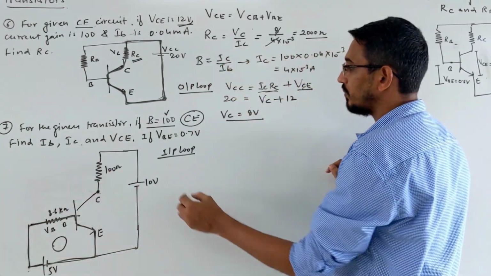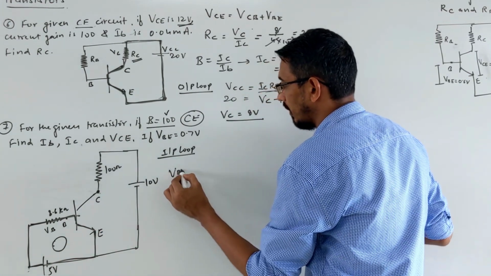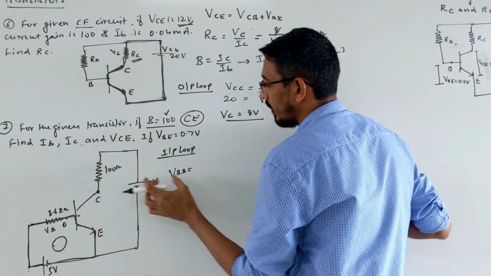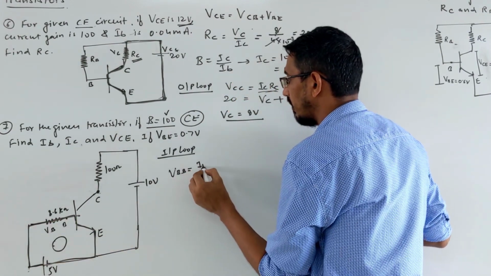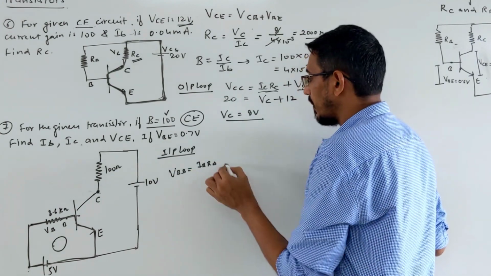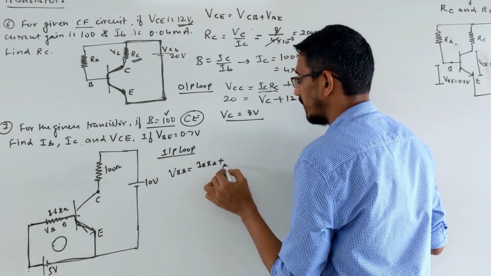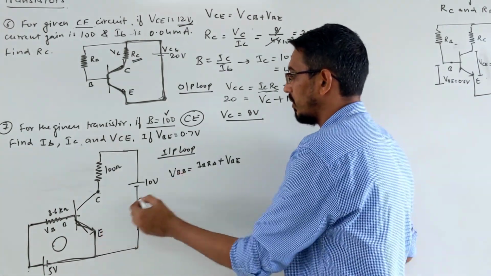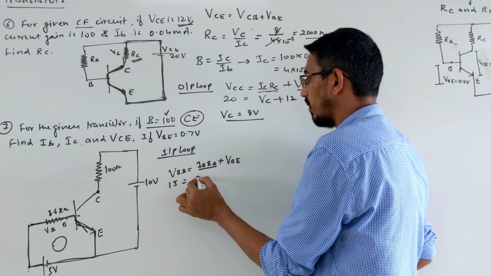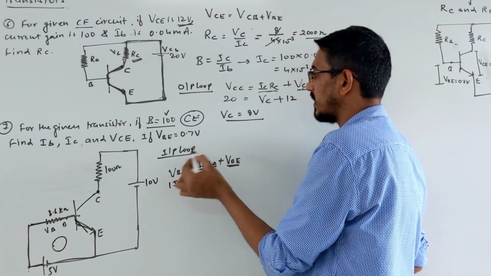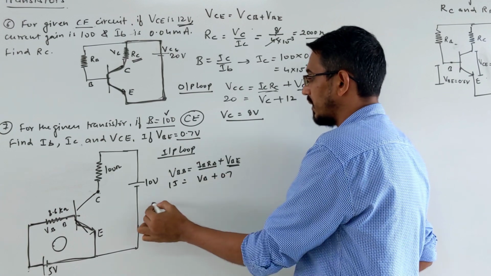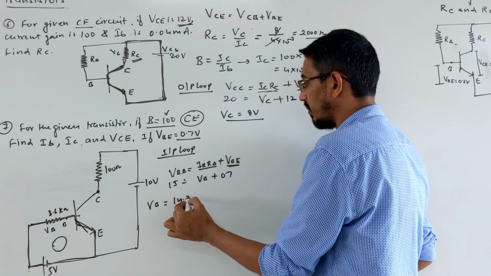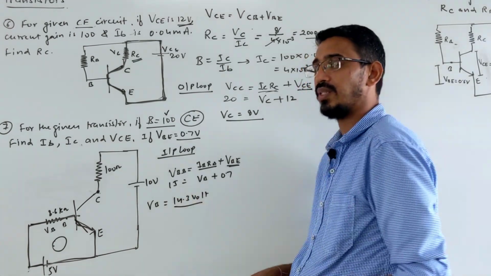In this loop, the battery we call VBB, the input battery. The output battery is called VCC. That input battery voltage goes toward this resistance, which we call IB, RB, or you can call VB, plus this going toward this junction, that is VBE. So watch carefully, this voltage we know, 15 volt. IB, RB, you can call VB input voltage, plus VBE, which is given to us as 0.7. It means VB, the input voltage, becomes 15 minus 0.7, which is 14.3 volt. This is the input voltage we know, okay?